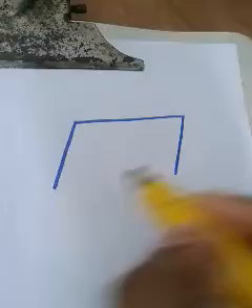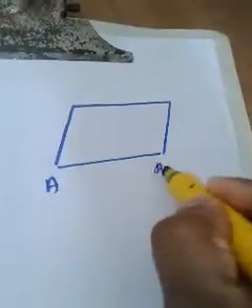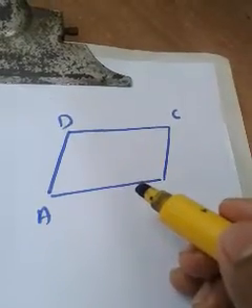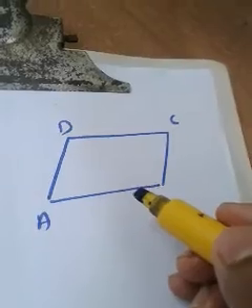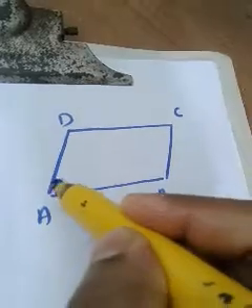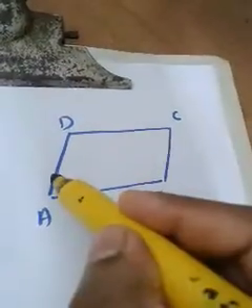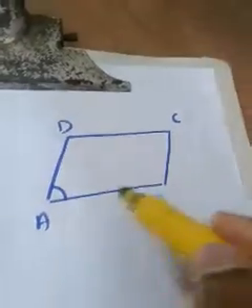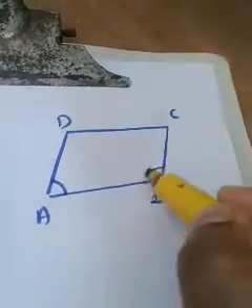Let me explain the question by drawing a figure. In this question, it is discussing a parallelogram. Any doubt in that? So just draw a figure of a parallelogram and let me name it ABCD. The question is talking about two adjacent angles, isn't it? Measures of two adjacent angles. So let me mark two adjacent angles. Can I mark the adjacent angles as this angle and this angle? No, you have to mark adjacent angles as this angle and this angle, or this angle and this angle. The two angles should be adjacent. So let it be this angle and this angle this time.